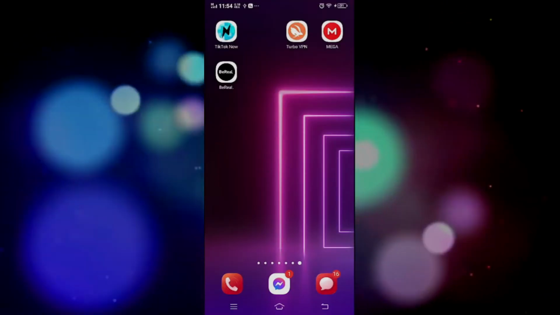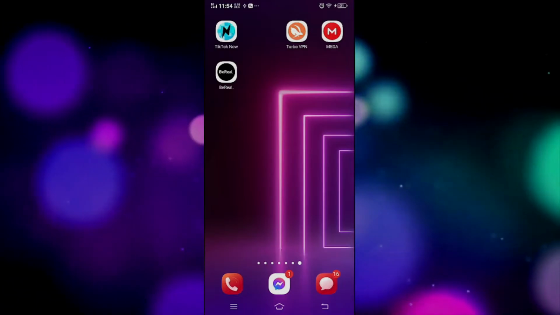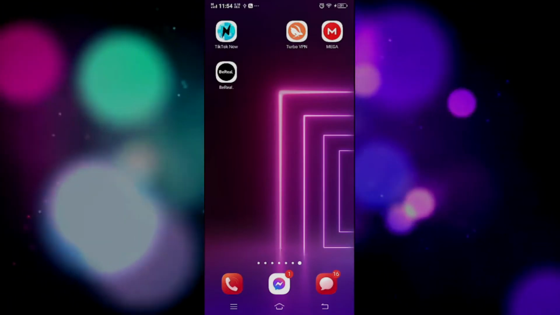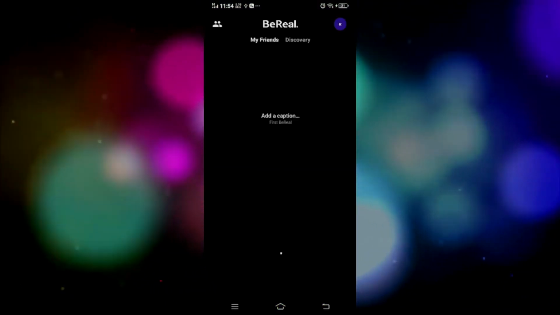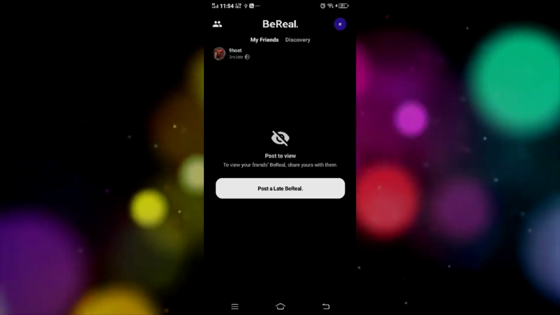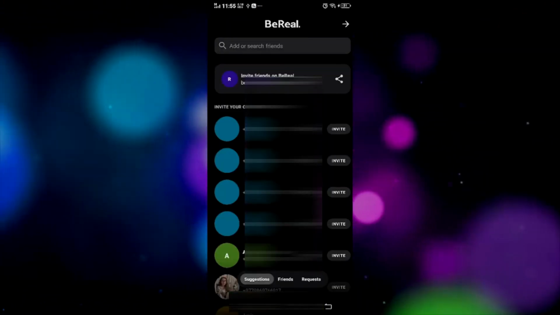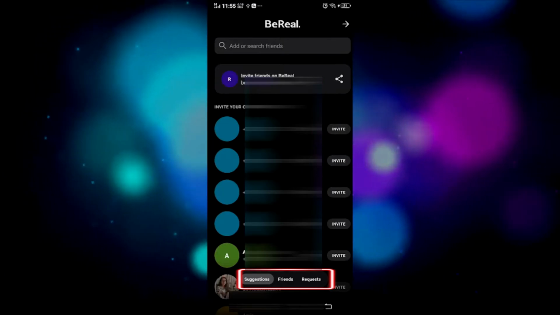In this video, we're gonna learn how to add friends on BeReal. If you want to add friends on BeReal, then it's quite simple. The first step would be opening the BeReal app and make sure you're logged in. And once you're inside your main homepage, you can see a two-person icon at the left top corner. Click that icon. Then when this page opens up, you will see three options down in the bottom, which are